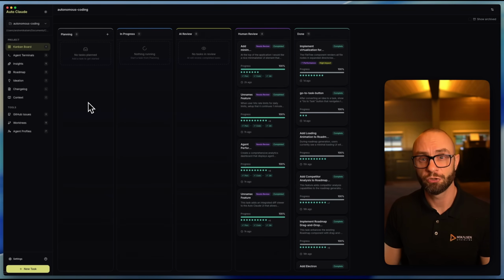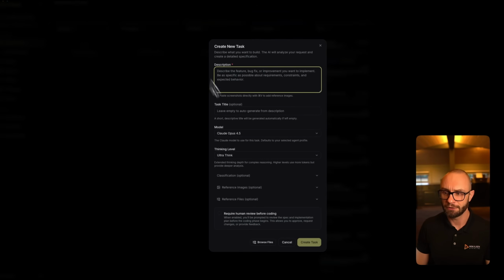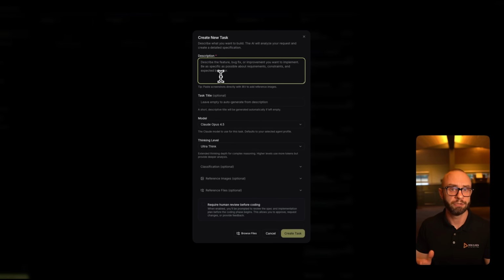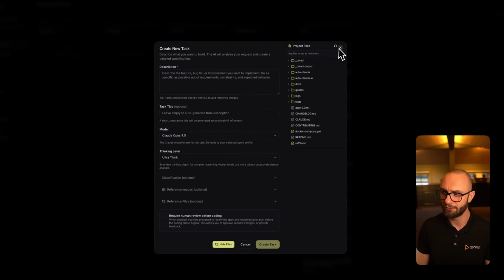And we're going to start with showcasing the Kanban board here, which is the system for long-running agents that just runs in the background. Now, how it works is that you start engaging the system by just creating a task. And we're going to start with one simple task, where I found a little bug inside of AutoClaude where we have a double cross here.